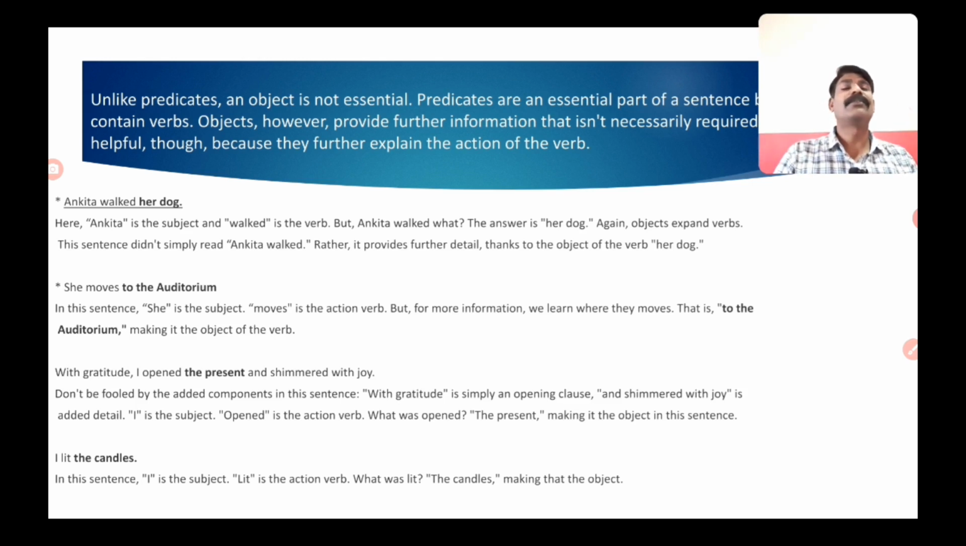Certain sentences are formed with a different style. With gratitude, this is the component added at the very beginning of the sentence. I open. I is a subject. Open is a verb. The present is normally the object, and shimmer with the joy added more information in the sentence. So don't be confused, don't be fooled ever with such kind of sentences. Okay, म्हणून